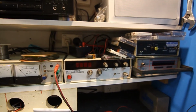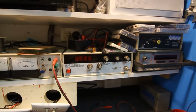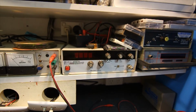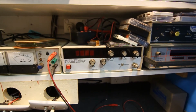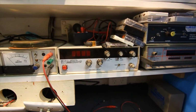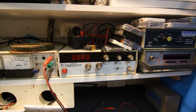a nice clean sine wave generator. You could use an audio test cassette if you've got that, which puts out 1 kilohertz. These days you could probably play something off YouTube and get a 1 kilohertz signal that way. But it's always handy to have a nice source variable in frequency and amplitude, but most of the time you'll just be putting a line level 1 kilohertz signal in, so it doesn't need to be anything fancy. You could even build a little tiny oscillator out of a few transistors or something